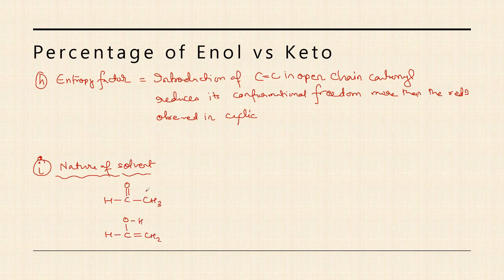In keto form, what you can see is that oxygen withdraws electrons towards itself. So the polarization of electrons is towards oxygen, and because polarization of sigma and pi is towards ऑक्सीजन।